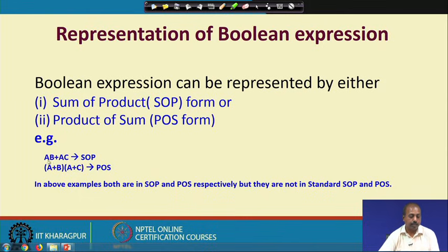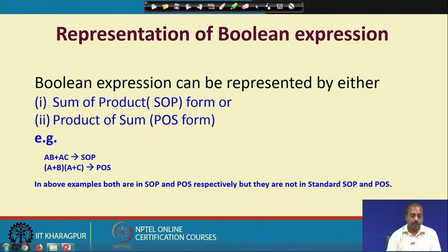As we said, if it is obvious, we do not write the dot in between to represent the AND. So, AB is the first product term, AC is the second product term. The overall expression is the summation of the terms AB and AC, so it is in sum of product form. The other alternative for Boolean expression representation is product of sum, where we take the sums as individual components, like A plus B or A plus C, and then we take the product of those components to come to the Boolean expression.